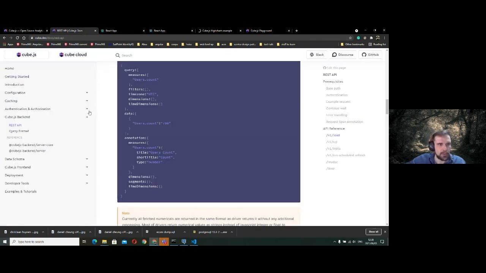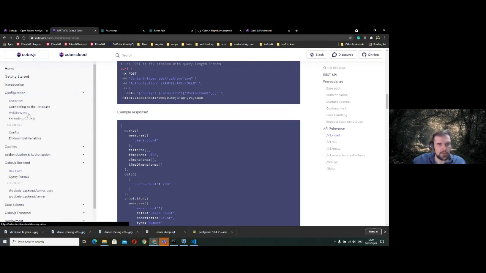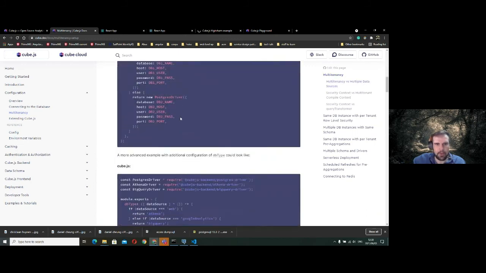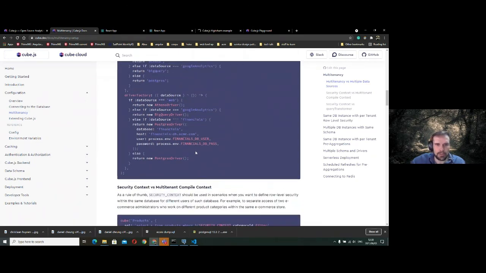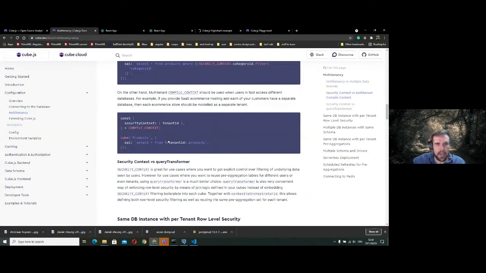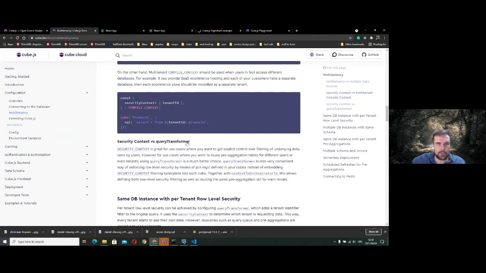I just want to highlight quickly, in terms of configuration, you can subscribe to multiple databases and extract from multiple databases at once using their individual drivers. So for example, if you have a database that is based on AWS, on Azure, or you have databases spread across local servers and some in the cloud, you can subscribe to them with their multi-tenancy and their configuration files. And then also you can do pre-aggregates, and you don't have to do cold start.